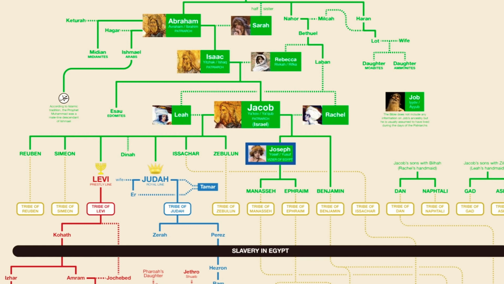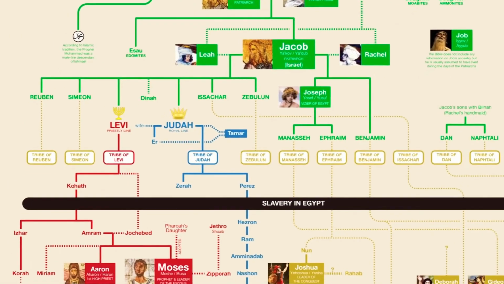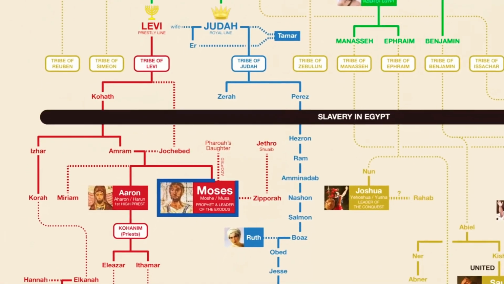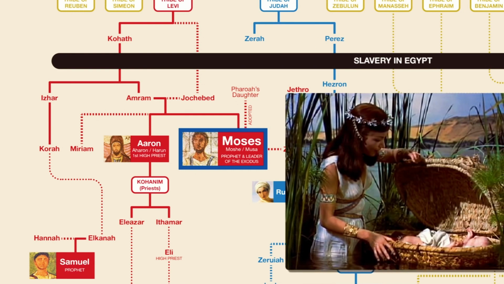Anyway, Jacob and his family ended up moving to Egypt, where Joseph was living, and it is there that they grew into a nation. But as the story goes, after a few generations, the Egyptians forced them to become slaves, which brings us to the Exodus story and the story of Moses, the most important prophet in Judaism. According to the 2nd book of the Bible, called Exodus, Moses was placed in the Nile River as a baby and then discovered by one of the Pharaoh's daughters.